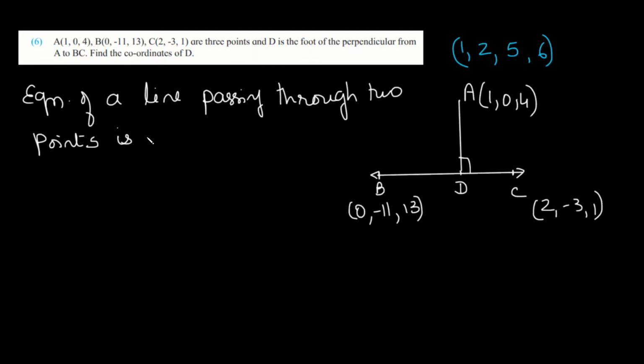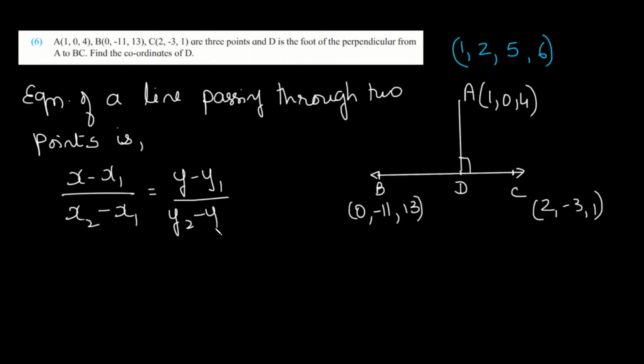We have learned the previous theory about it, isn't it? This equation of the line is given as (x minus x1) upon (x2 minus x1). Yes, now that you remember it, (y minus y1) upon (y2 minus y1) and (z minus z1) upon (z2 minus z1). The Cartesian equations are these. So therefore we can write the equation of line BC.